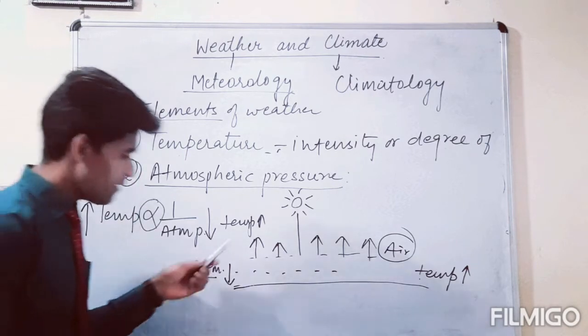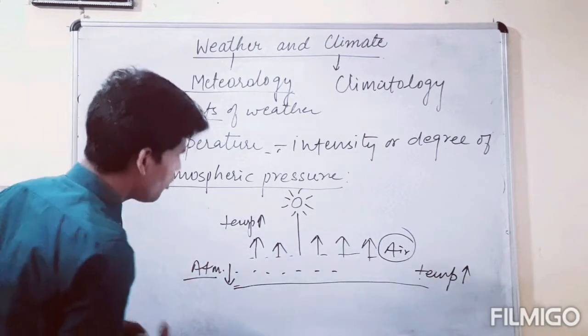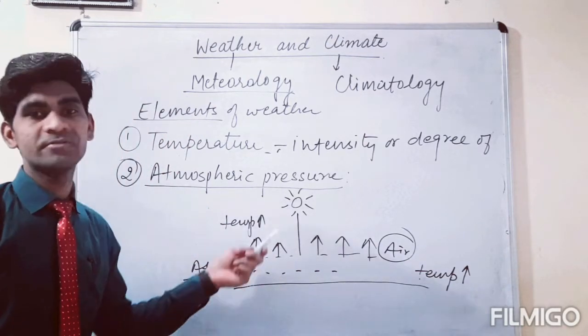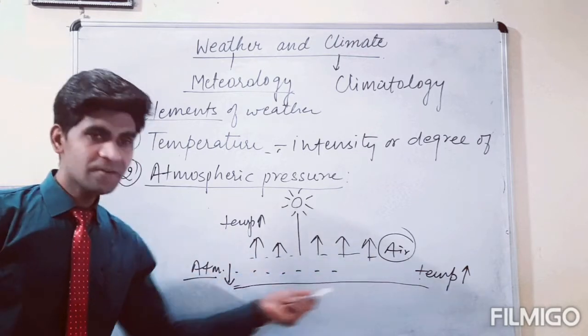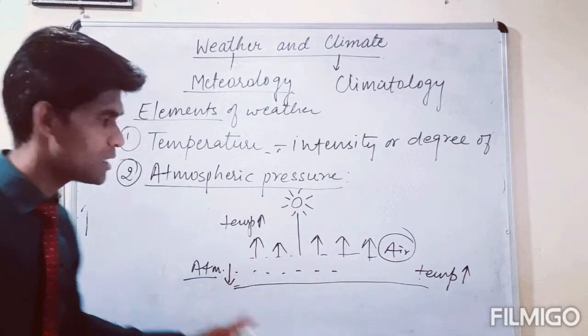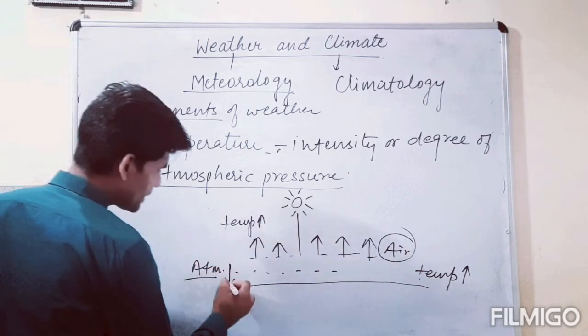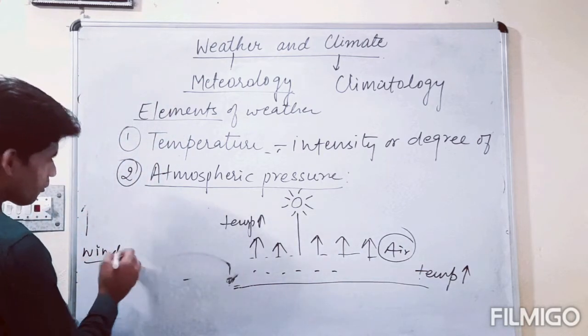So what we have to recall? When the temperature of the air increases, it starts rising up. That is why below this region, or near the surface of earth, the atmospheric pressure decreases. So atmospheric pressure will decrease here. So the wind which is away from this region,